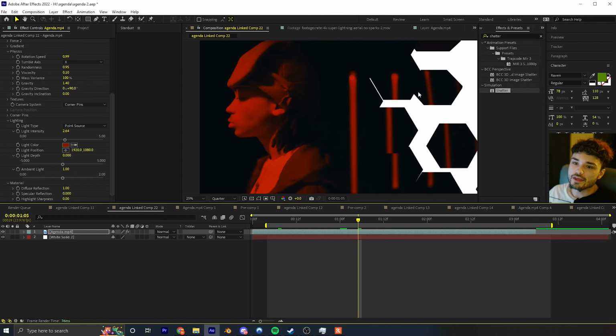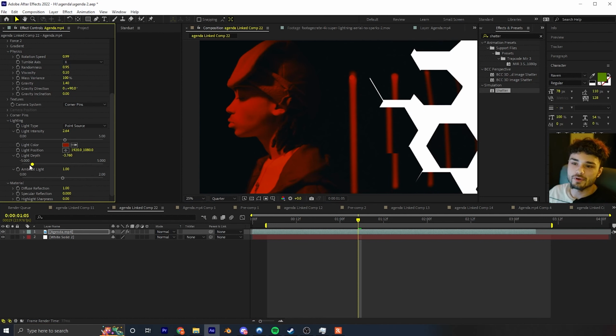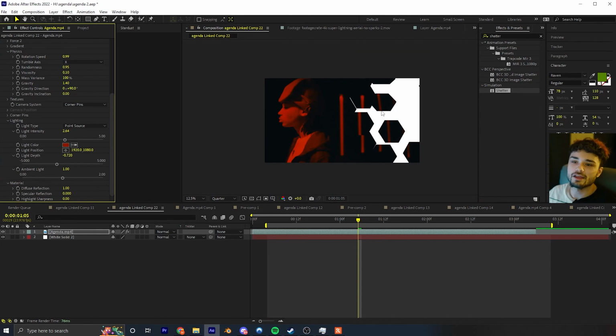But how it gets to the side of the hexagon, or like on the edges, is this light depth. And that needs to be 0 or less, really depending on your scene, but it needs to be 0 or less. Now you can see if I raise it up, it gets bright. We don't want that, right? So I'm just going to keep it right here at -0.7, and you can still see that it's not doing anything,